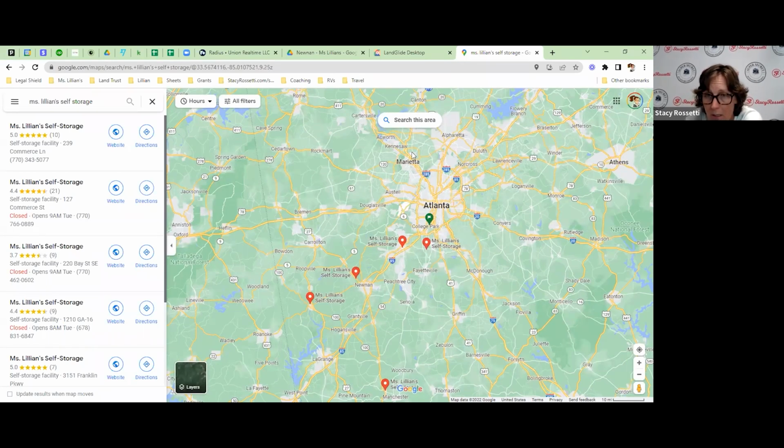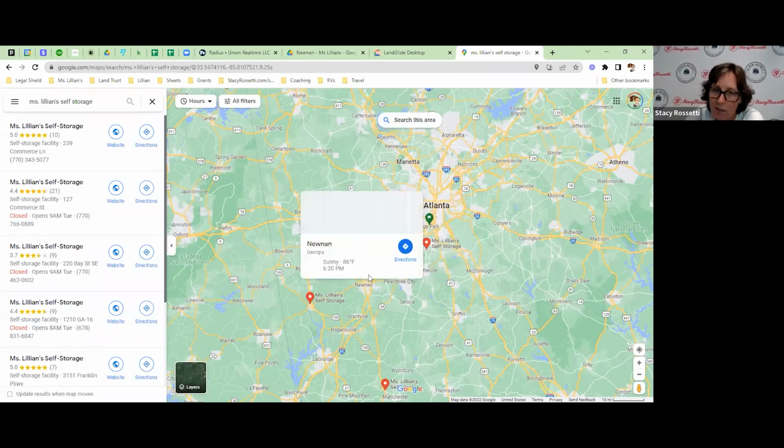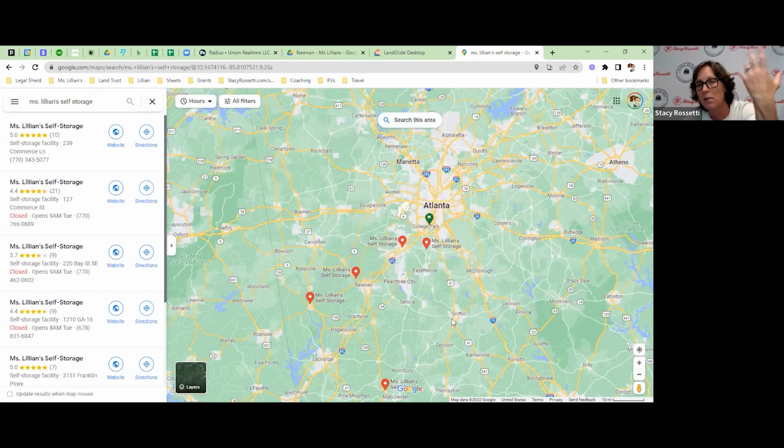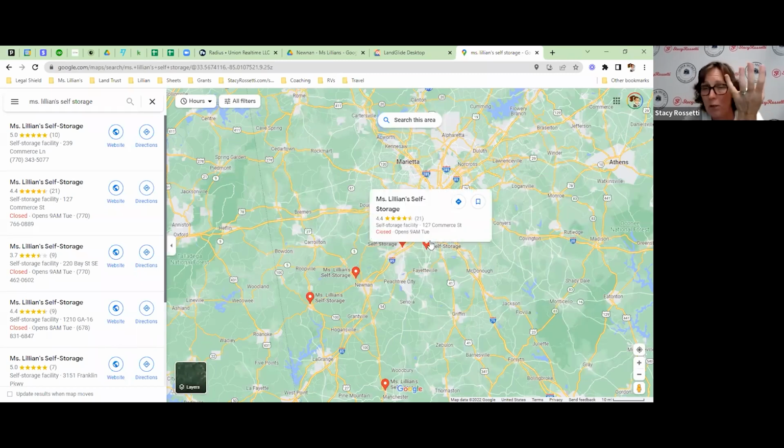In primary markets, obviously it's super expensive. Then when you get further out, I would actually consider these two, and even Noonan, a primary market. It really goes off of population, whether it's a primary, secondary, or tertiary market. But Noonan is really a suburb, like Peachtree City. It's a suburb of South Atlanta. So I would consider this a primary market all the way through even McDonough, and Griffin as well. So primary market comes way down here, and you're going to have to go even further out to metro areas. So if you can't afford that much money nowadays,